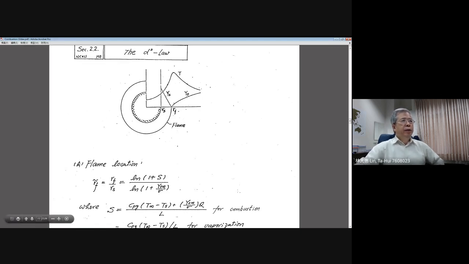Last time we introduced the D-square law. I want to mention again, based on the fundamental consideration, the D-square law was formulated based on two regions. One region focused on the gas phase region bounded by the liquid phase and the very far away environment. And in this region, I think the variation of gas property is much faster compared with the regression